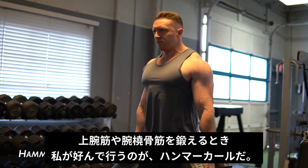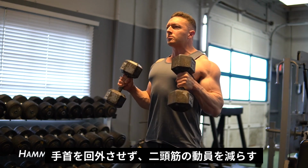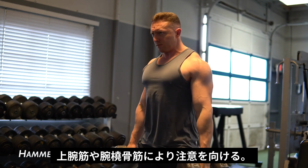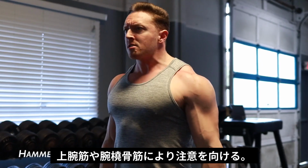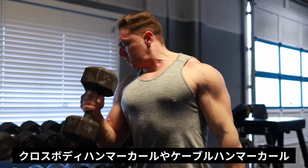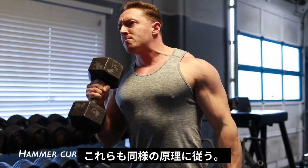And the way I like to target the brachialis is with hammer curl variations or neutral grip curls, where we never supinate the arm and allow the bicep to be removed from the equation a little bit and preferentially direct tension more to the brachialis and brachioradialis. So your crossbody hammer curls, your cable hammer curls, things like this are going to really target that brachialis and